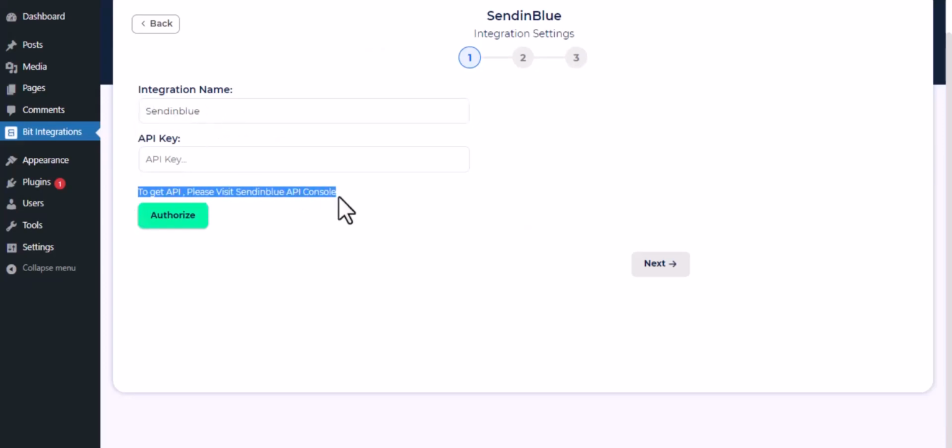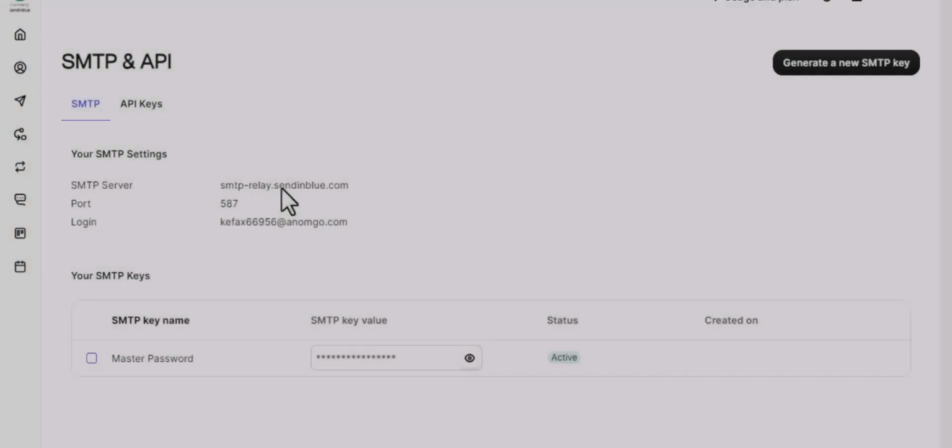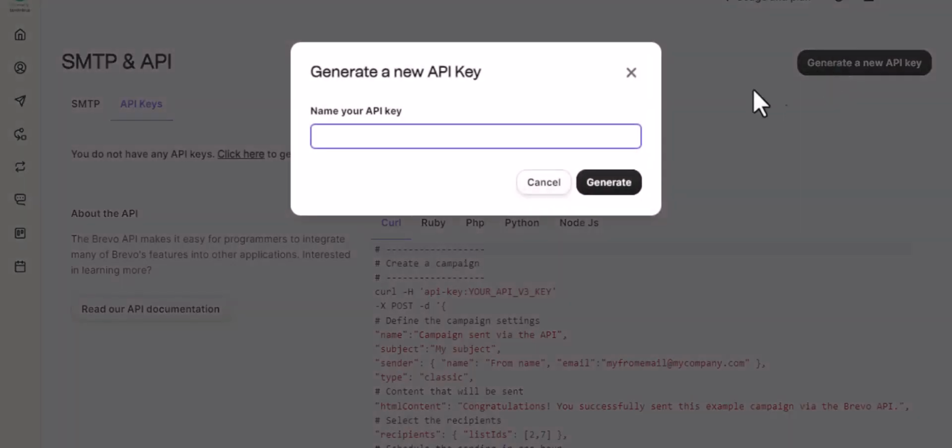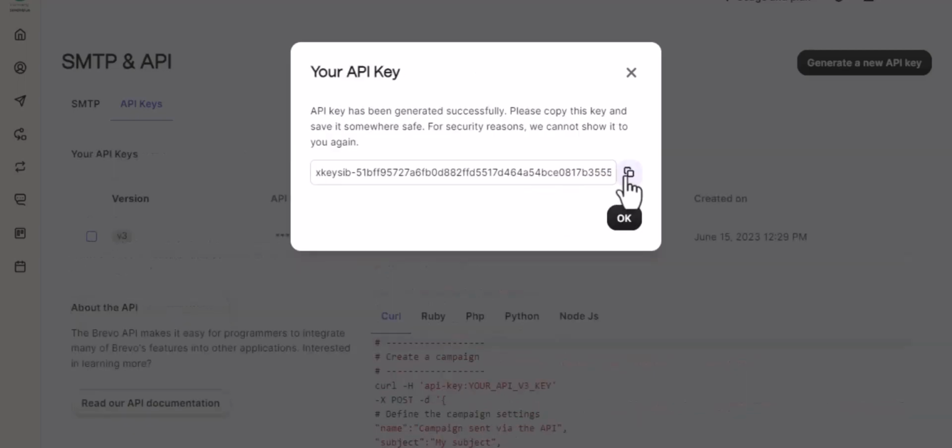To get API, please visit Sendinblue API console. Then click on API keys. Click on Generate a new API key. Give a name of your API key. Then click on Generate. Copy the API key